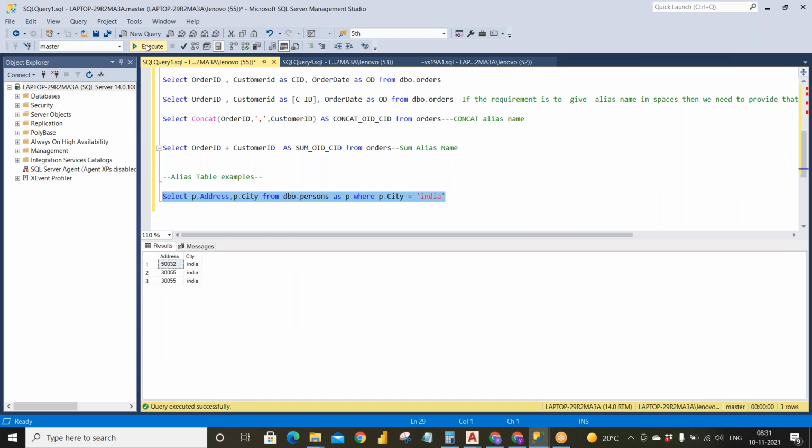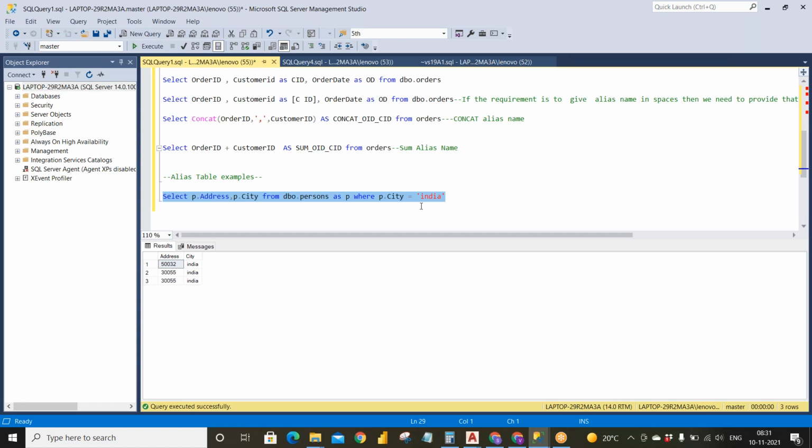And alias names for tables we can simply use when we use something like join, or if you are using a self join and all, we can discuss that in the next classes.